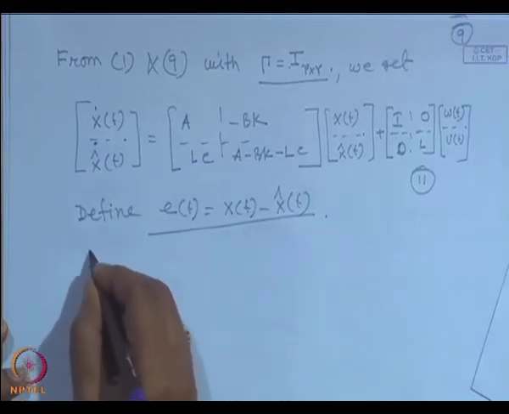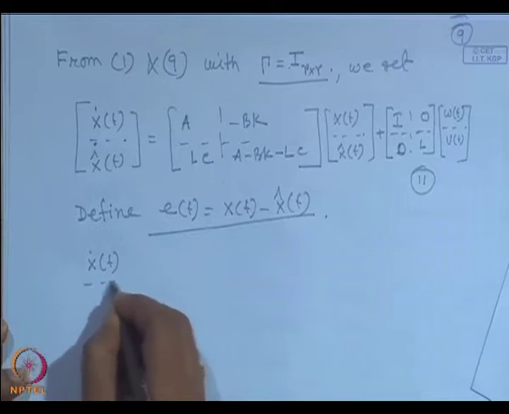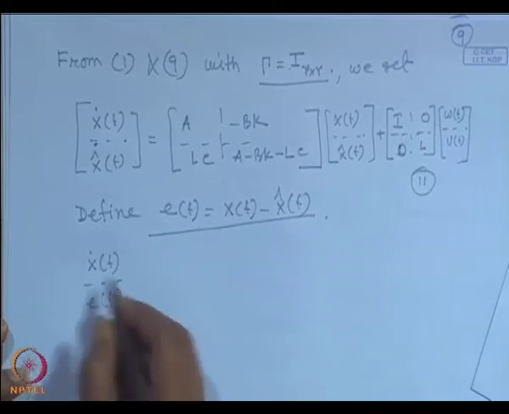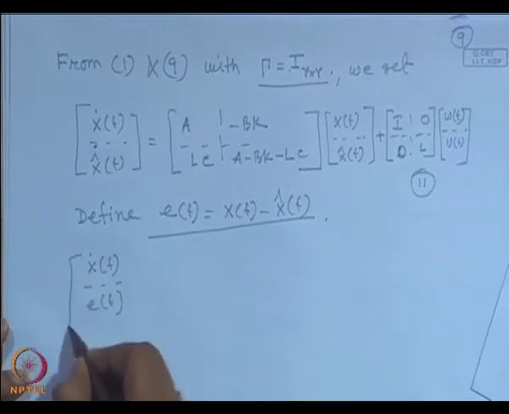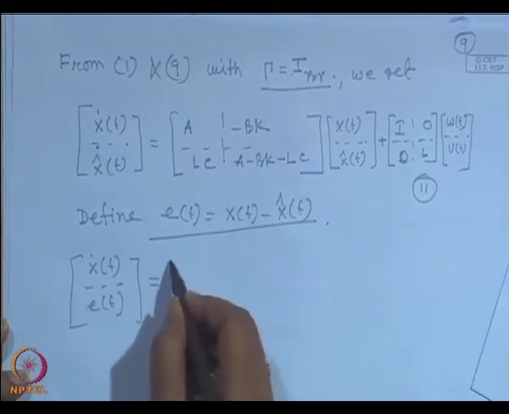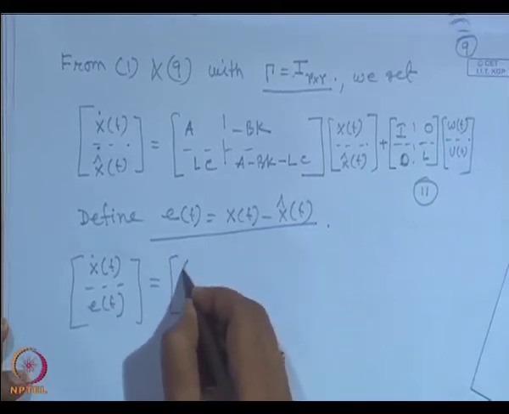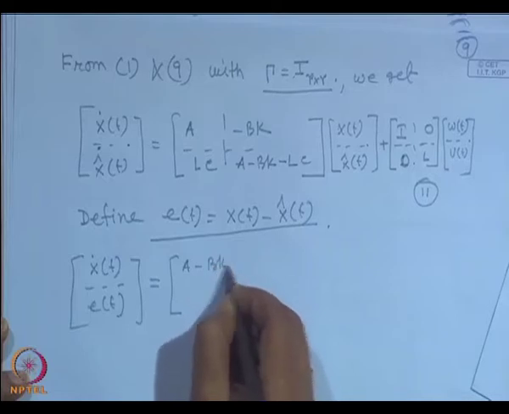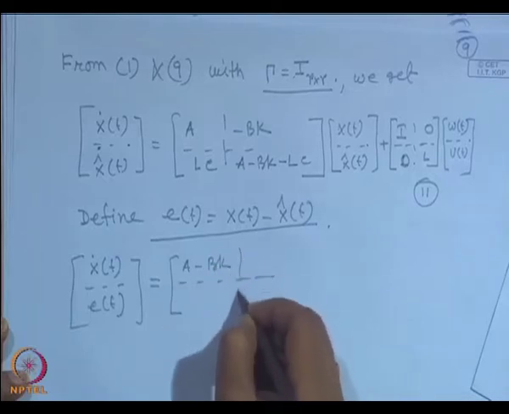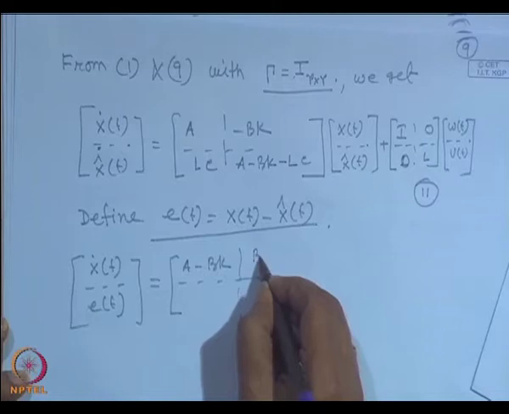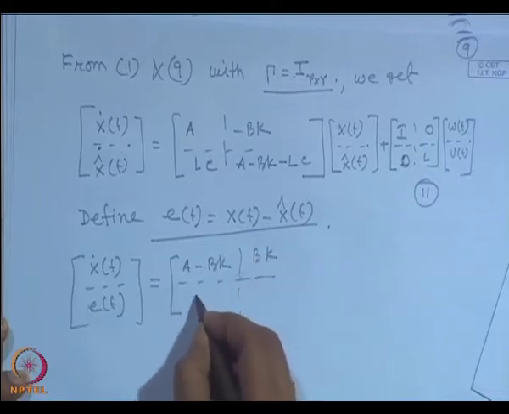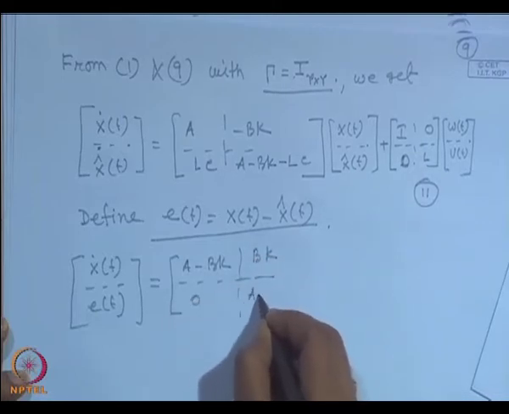So I will get finally x dot and E dot of t is equal to A minus B k, B k, 0, A minus L C,